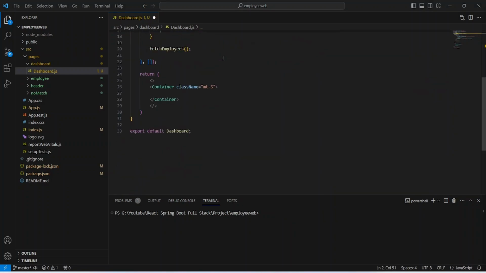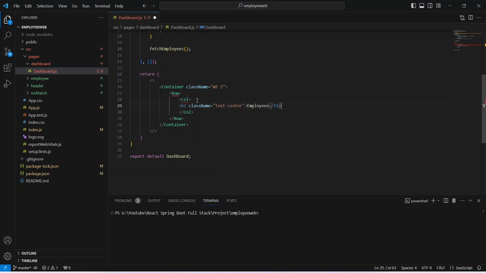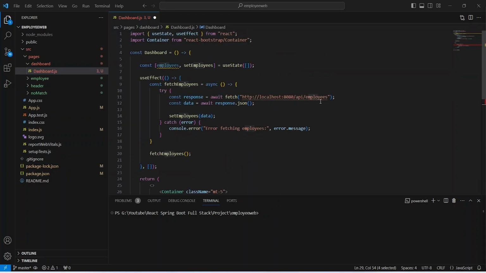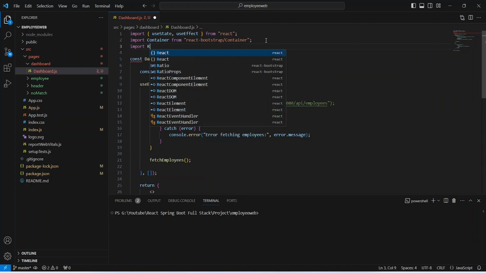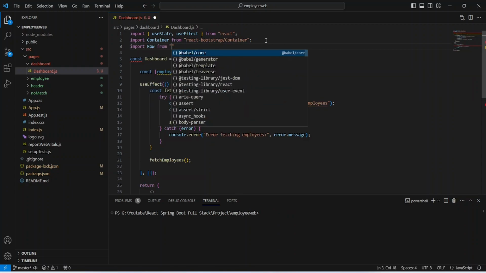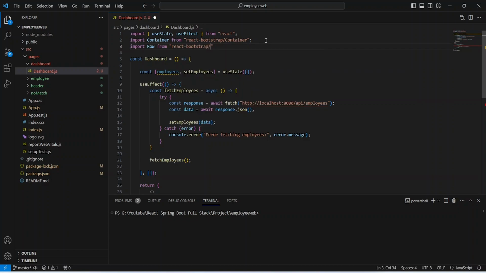Now let's go back to the HTML code, and inside the container we need to write a tag for the row, and inside the row we need to write a tag for the column, and inside the column we will write one h1 tag and we will give it a class of text-center and we will show the message as Employees. And after this we need to import the row and the column, so we will go to the